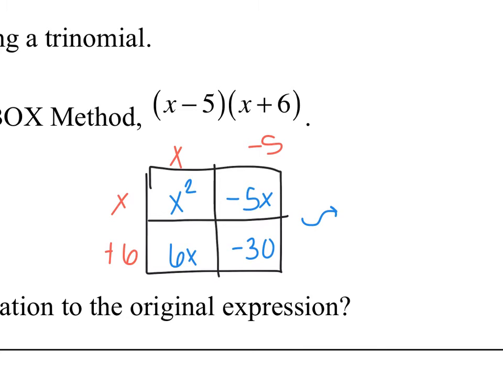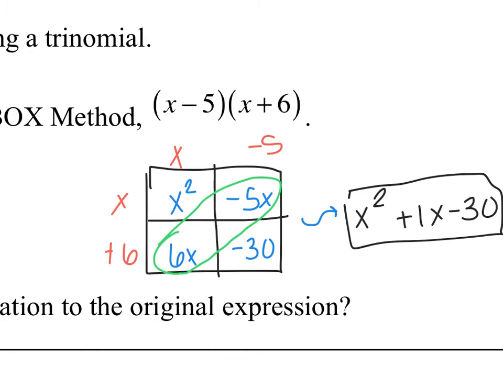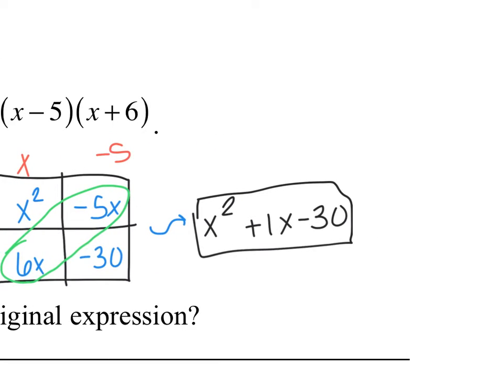So when you go over and you combine your like terms, one of the things we remember from last year is that the diagonals always have our like terms. So my final answer would just be x squared, 6x minus 5x is plus 1x, and my minus 30. That's your final answer. So what we're going to be doing is going from this to this, and we're going